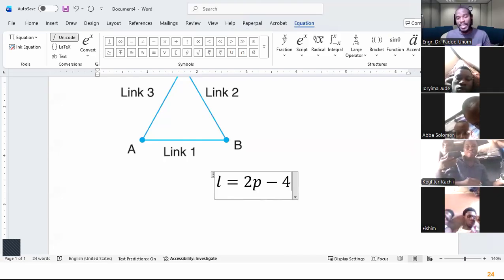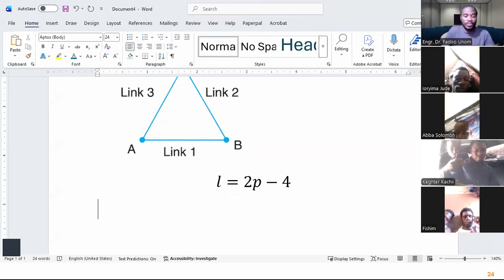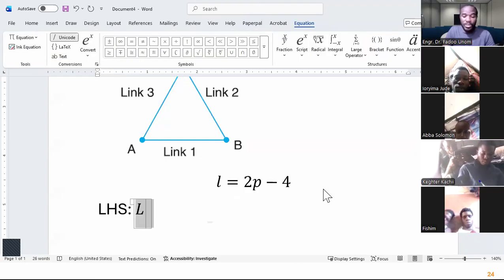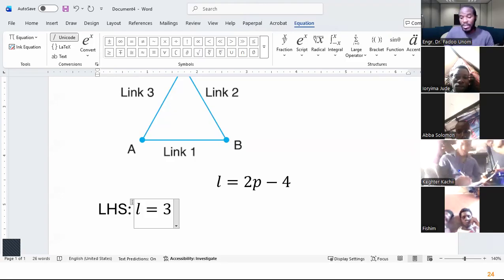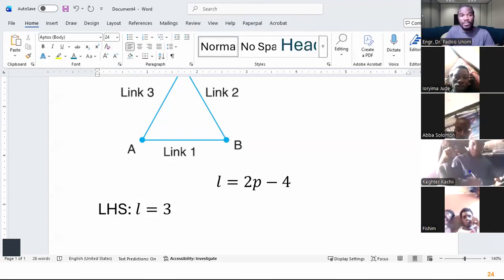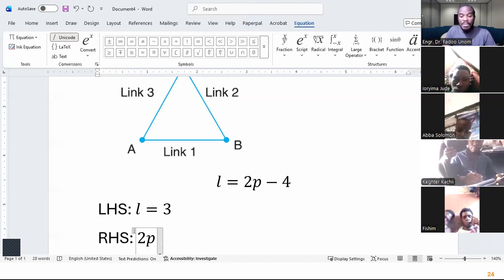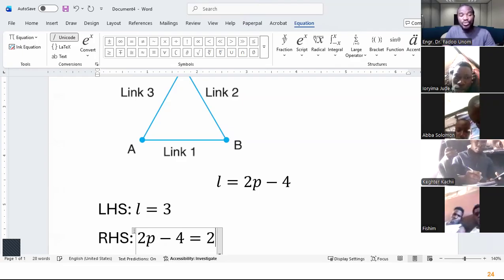On the left-hand side of this equation is simply L. And how many links are in this chain? There are 3 links. So let's look at the right-hand side. The right-hand side of that equation says 2p minus what? Minus 4. This is going to be 2